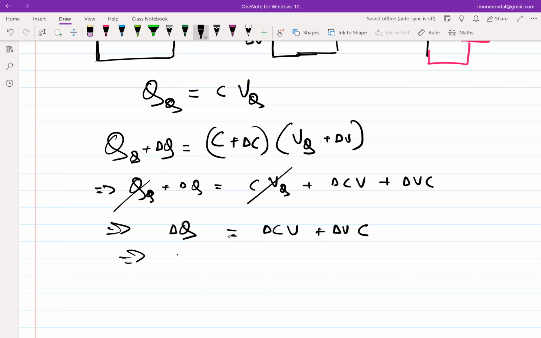Okay. So your del Q, your capacitance will now be, when you are talking about a nonlinear capacitor,